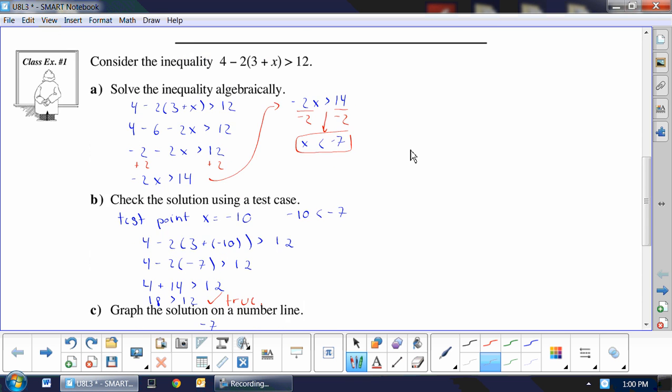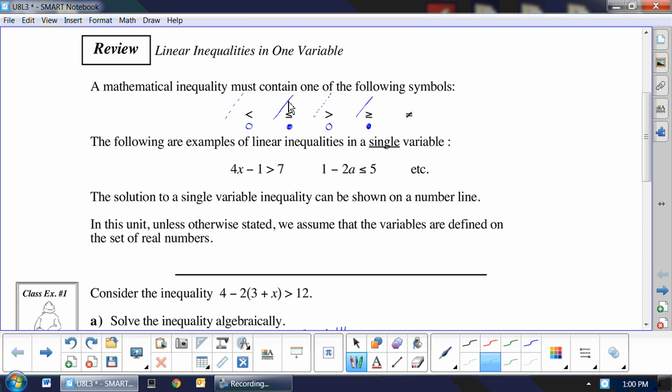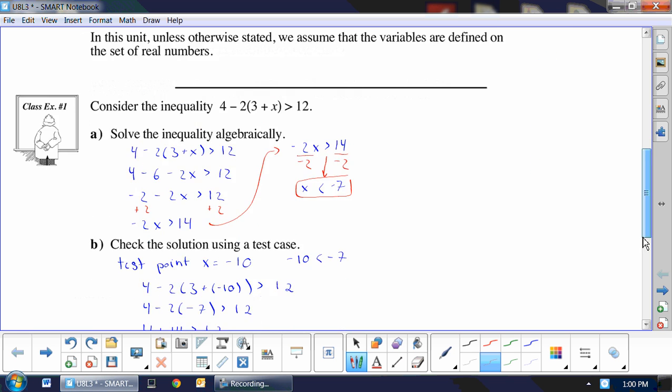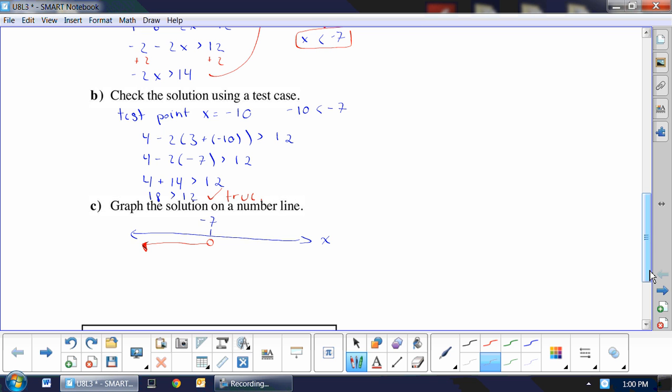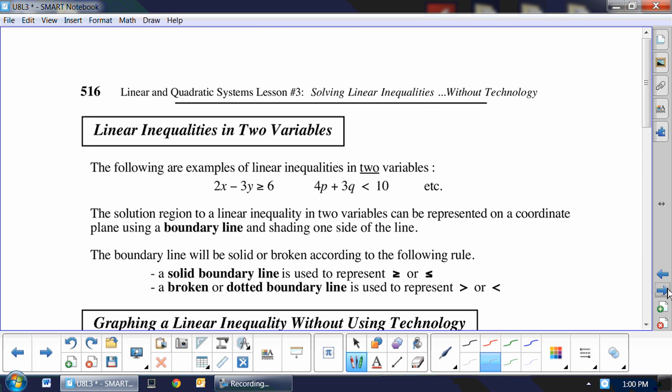No, we only want to use this dotted line when we are graphing it on a grid like that. On a number line, we show it by using the empty circle. Good question, though. Okay, so if we flip the page,